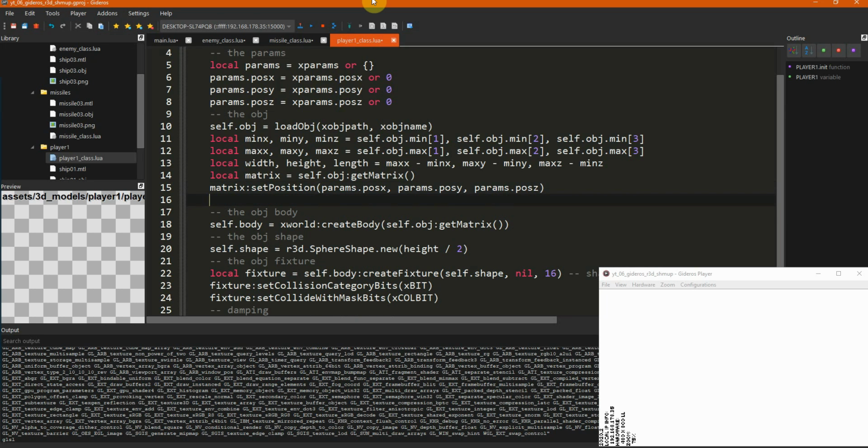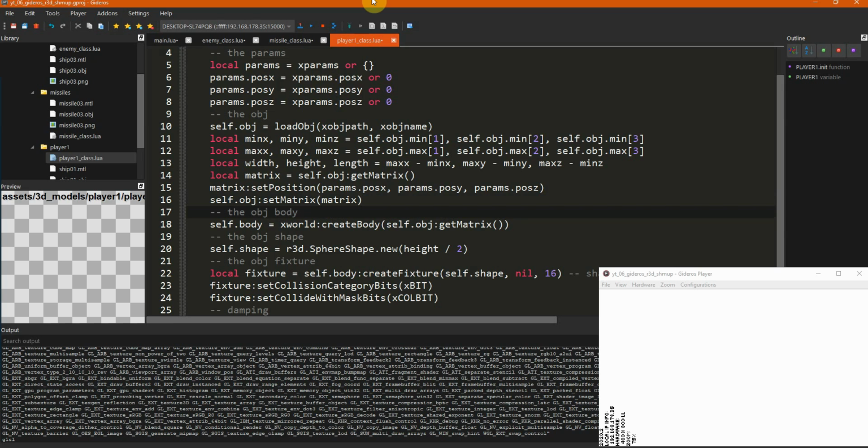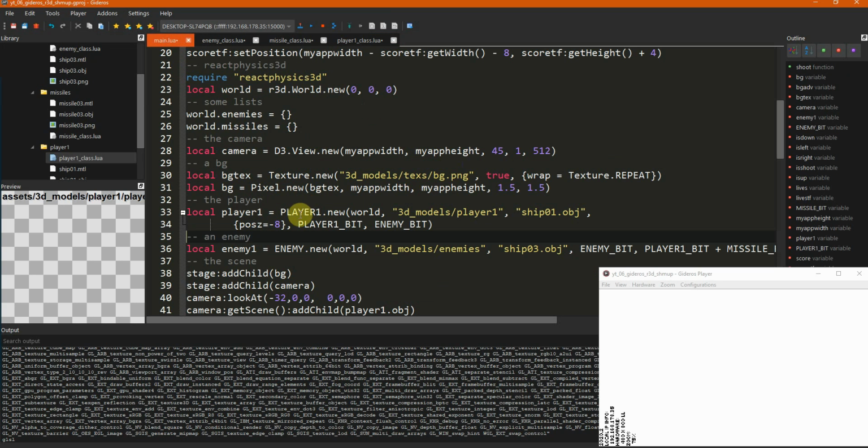Then I set the new matrix to the self.obj, set matrix, and I pass the matrix. Then the body is going to take the matrix of the obj, so it's going to position the object and the body at the new location. The new location is position -8 on the z axis.